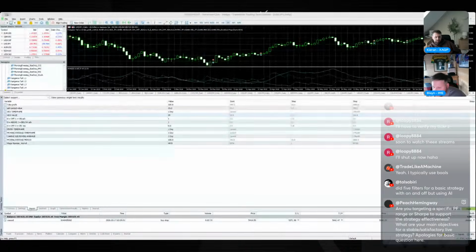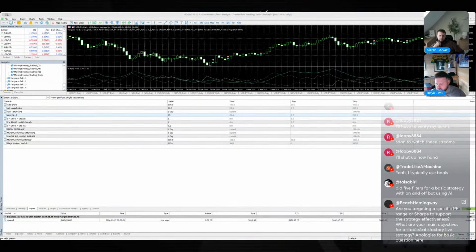What was that question say? Are you targeting a specific PF range or Sharpe to support the strategy's effectiveness? What are your main objectives for stable, satisfactory live strategies? Apologies for basic question here. No, it's not a basic question. It's a good question, actually. So, like, for me,